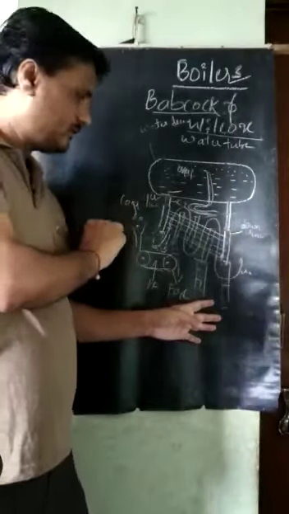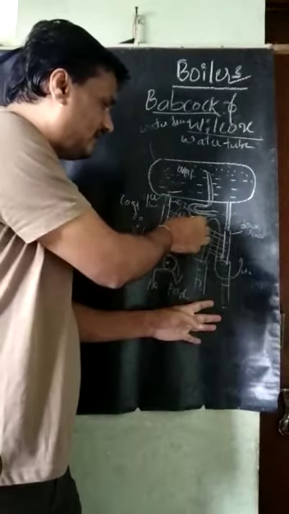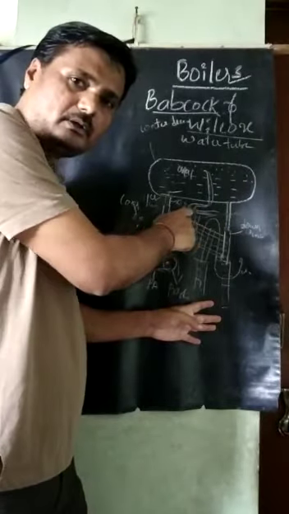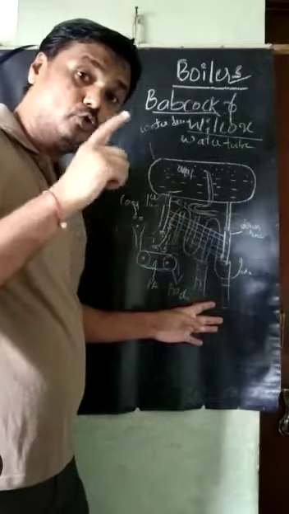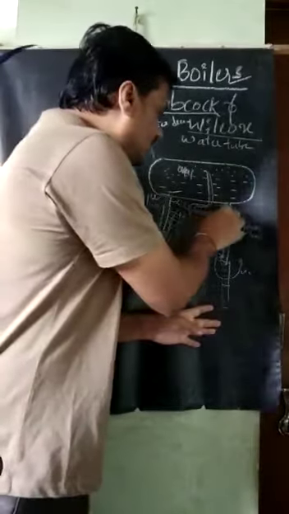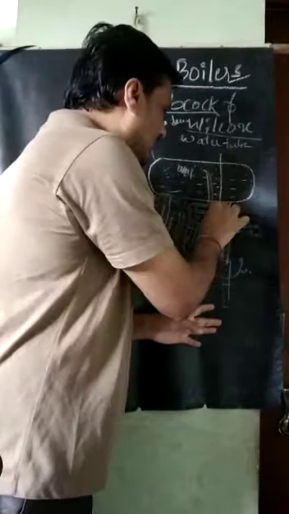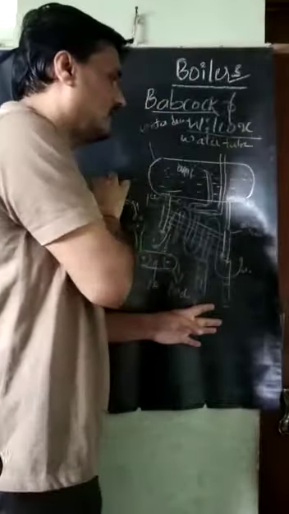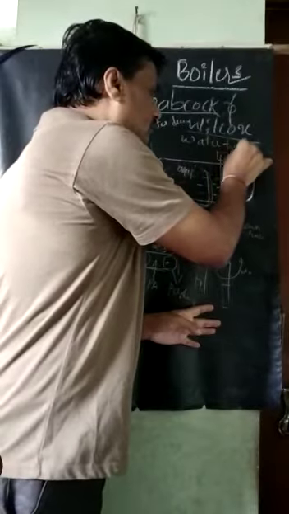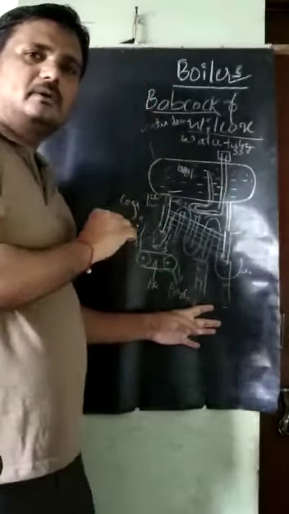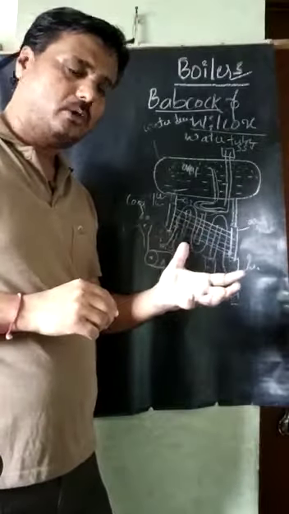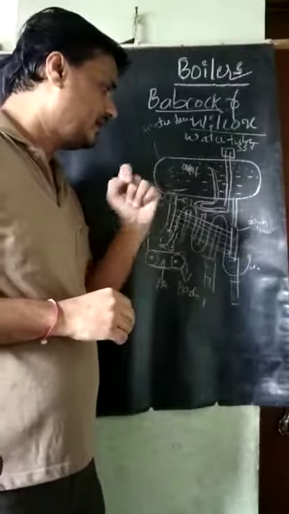So then what happens? Again this heat is there, the flue gas is there here now. It will give the heat to this vapor. Then this vapor will become a superheated vapor, meaning superheated steam. That superheated steam is taken outside here. Here in this case, here is the valve. That valve is called the steam stop valve. So by opening and closing of that valve, we can take that superheated steam.